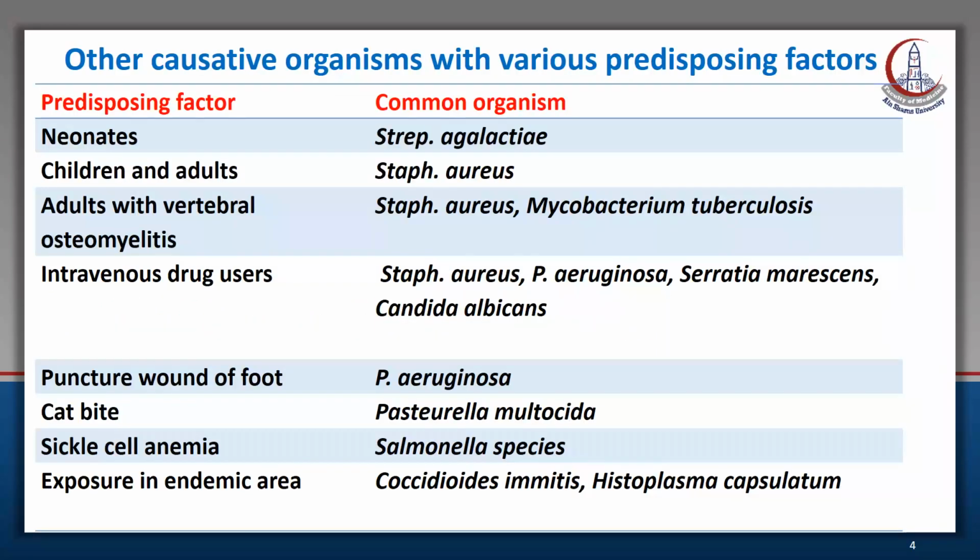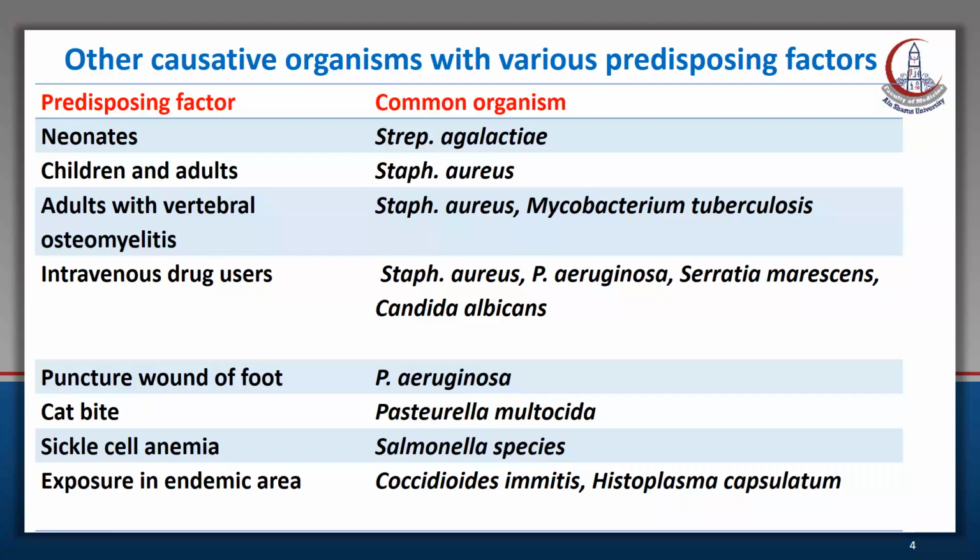Also, there are other causative organisms with various predisposing factors causing osteomyelitis, like Streptococcus agalactiae in neonates, and Staph aureus in children and adults. We said before that Staph aureus is the main player in osteomyelitis. Staph aureus and Mycobacterium tuberculosis in adults with vertebral osteomyelitis. Staph aureus, Pseudomonas aeruginosa, Serratia, and Candida albicans in intravenous drug users because of using